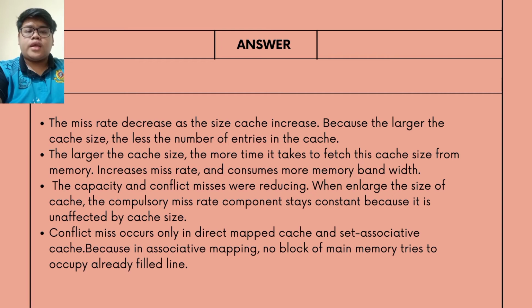Answer number 3, the capacity and conflict misses are reduced when the size of the cache is enlarged. The compulsory miss rate component stays constant because it is unaffected by cache size. Number 4, conflict misses occur only in direct mapped cache and set associative cache